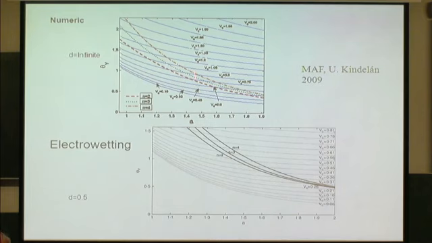So these are lines such that when you add a non-axisymmetric perturbation with n nodes, the energy of the resulting drop is lower than the energy of the axisymmetric drop. So the meaning of this is that, for a given potential and a given angle, you can break the axial symmetry when you cross these lines. So according to us, this is the origin of the saturation effect in electrowetting. You cannot spread anymore because at some point you have a bifurcation, and also the origin of instabilities. Because by creating instabilities at the rim of the drop, you lower the energy.